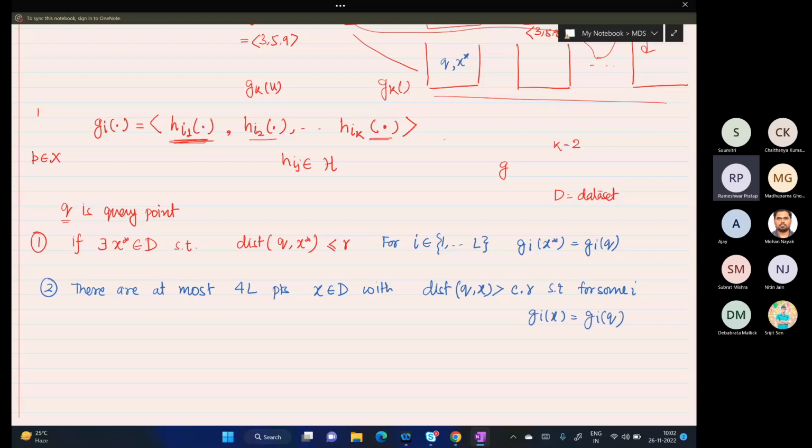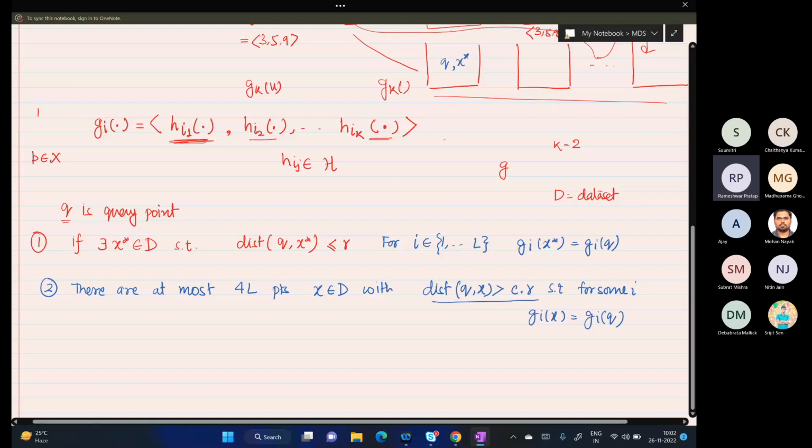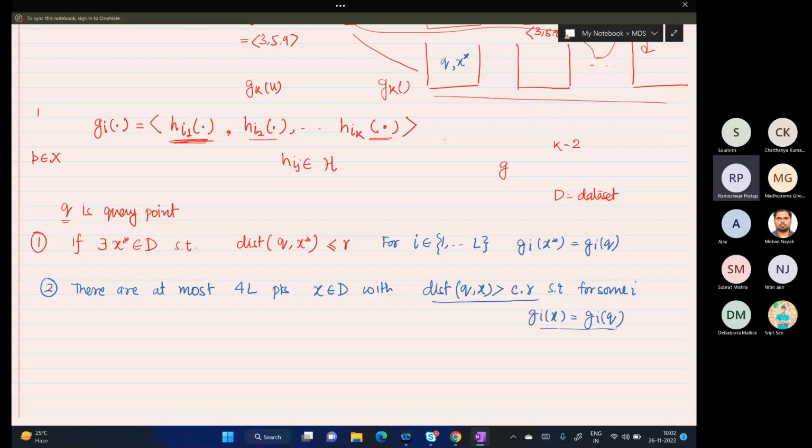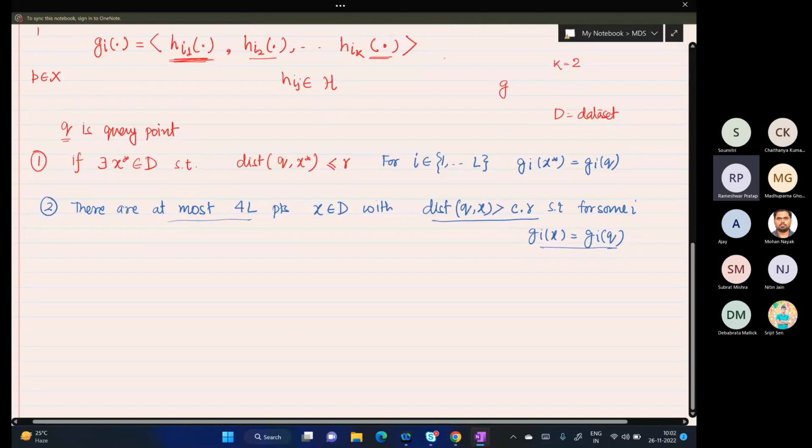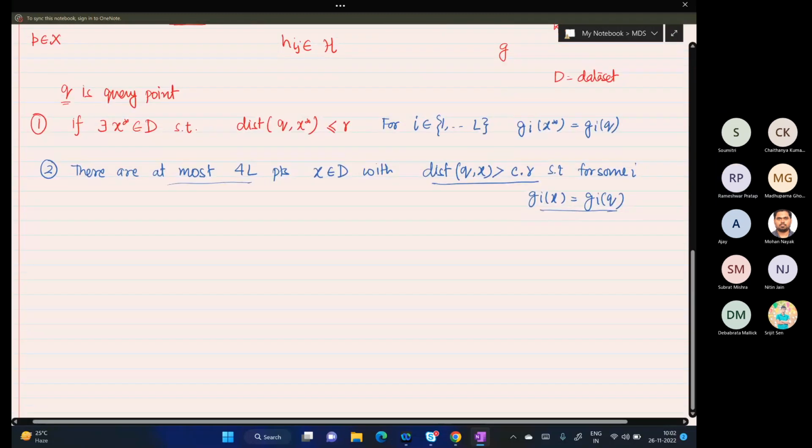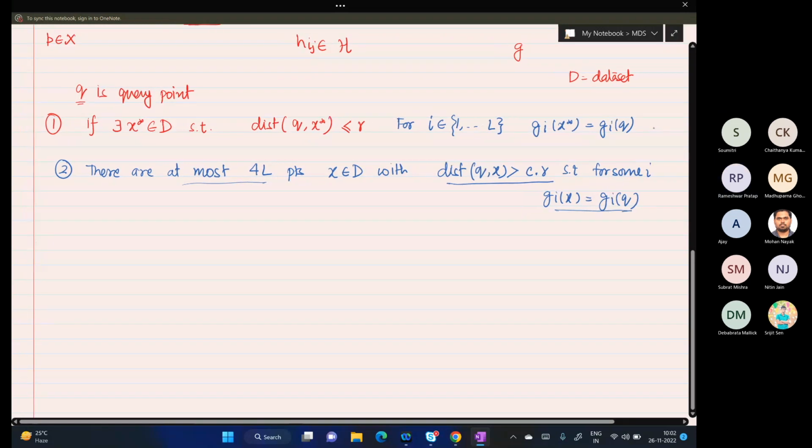Right. So this is what I have written: all those points whose distance from q is large and that are mapped to the same bucket in which q is mapped, there are at most 4 such points. Right. So these two properties we want, and we showed that